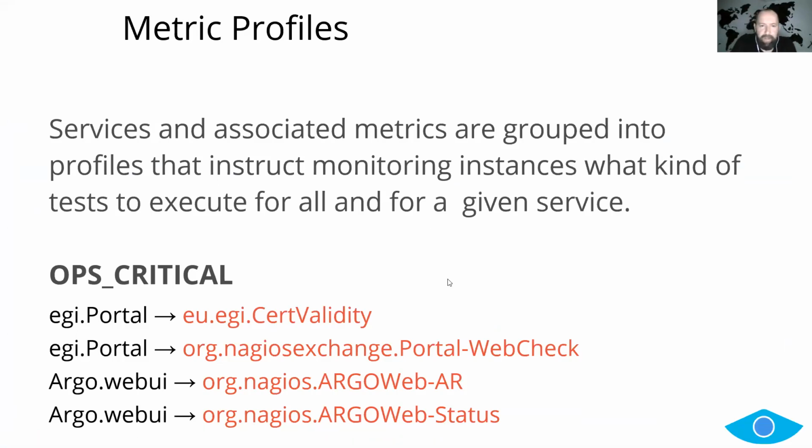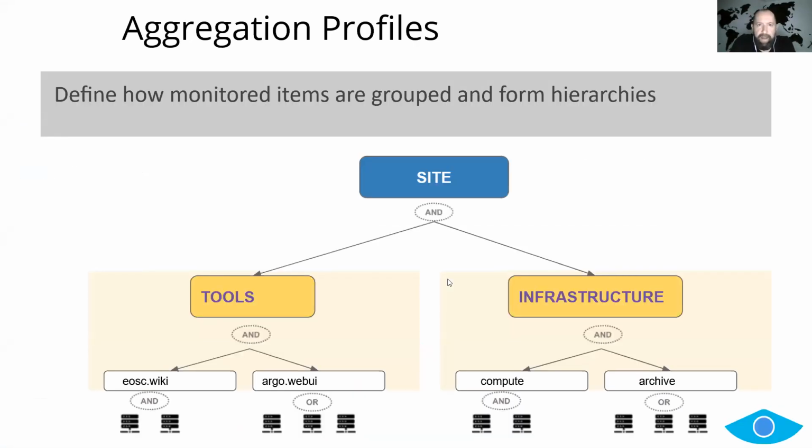We're getting closer to reports now. The aggregation profiles. This is where we believe Argo provides a bunch of value. We came to a point where we know what to monitor and how to monitor it. We have the probes, we have the metrics, we have mappings between service types and metrics. Now, the question is, how do we aggregate the results?